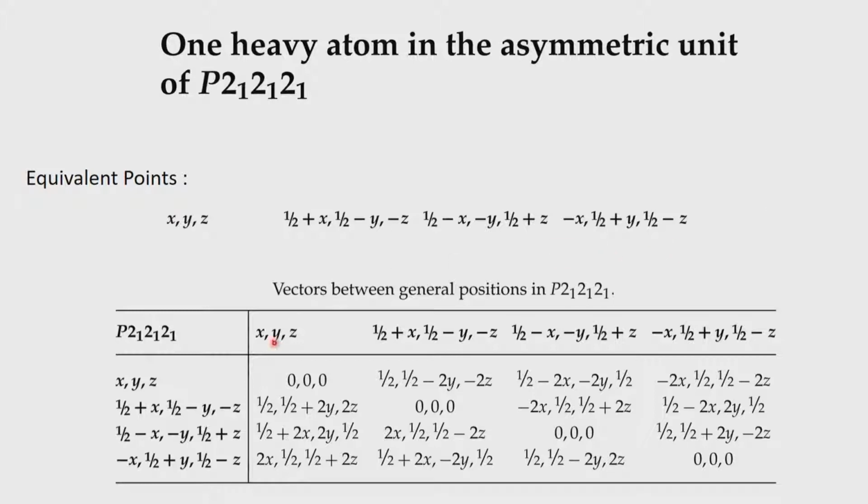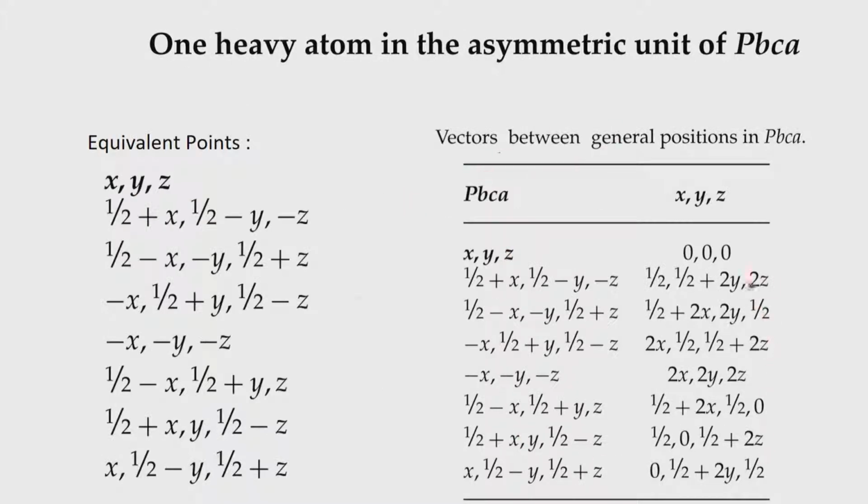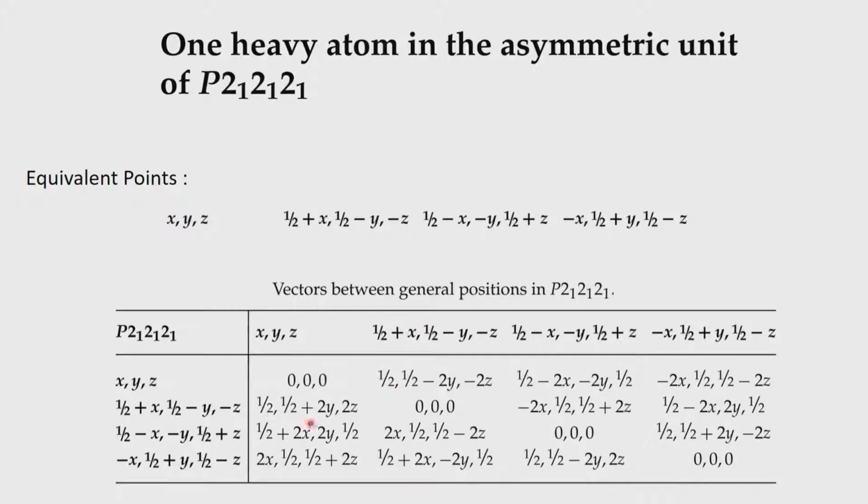For the 2-1, 2-1, 2-1 anyway I have given this matrix. So, for PBCA you can find out what should be the matrix. So, it means you have to reorganize this in the form which is coming up here. So, you write 8 equivalent points and then generate it in case of PBCA. So, the size of the matrix keeps going up, but the solutions become more and more unique. So, you get a solution for example from looking at the peak 2x, 2y, 2z. You get a solution from looking at 2x, half minus 2y, 0. You will also get information from 0, 0, half plus z and so on.